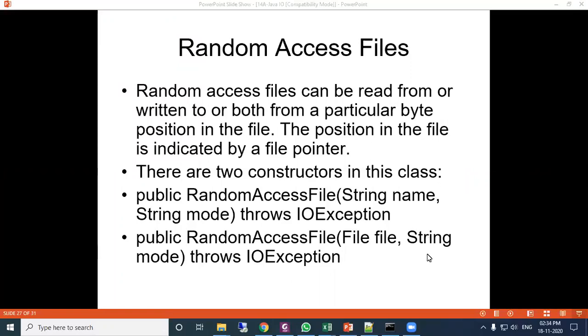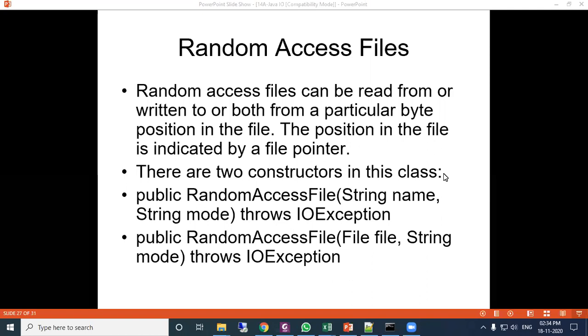Okay. So in random access file, there is a class which you need to use, that is the RandomAccessFile class. Using that you can open a file, and that file can be opened in different modes.